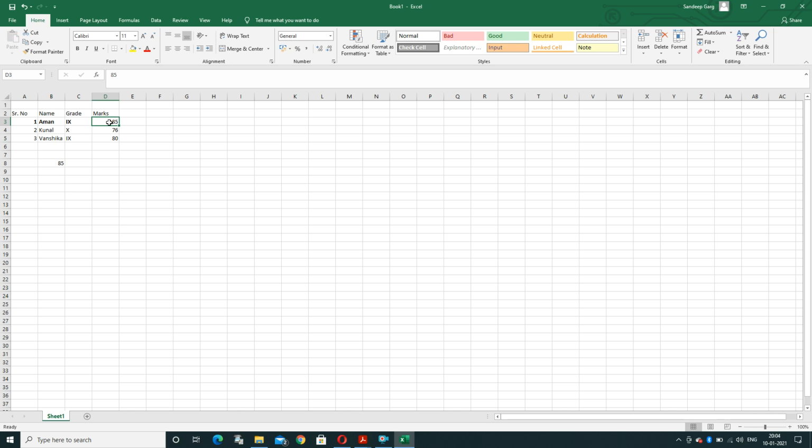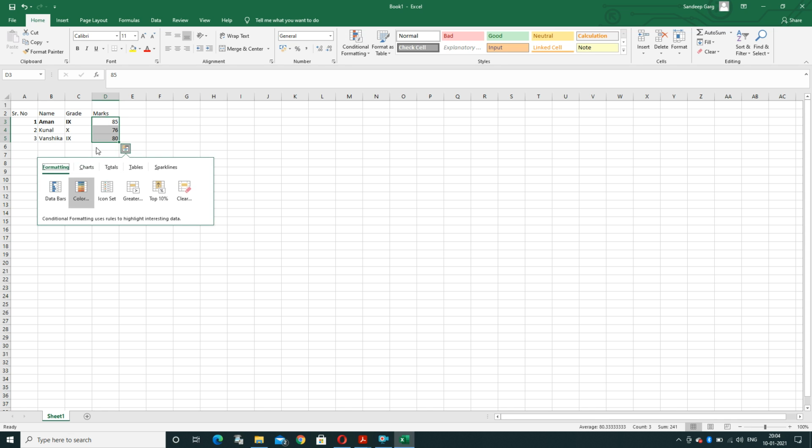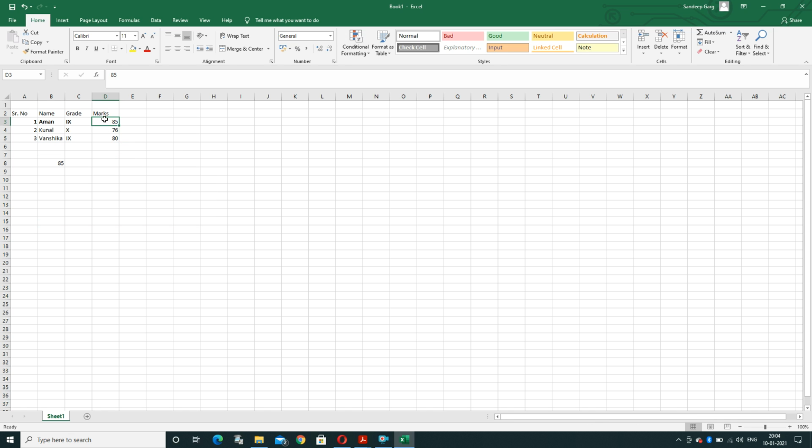Firstly, select the cells. Afterward, bring your cursor. When this symbol is visible, then press the Ctrl key and you can drag and drop the value anywhere. See now, anywhere I can paste the value.